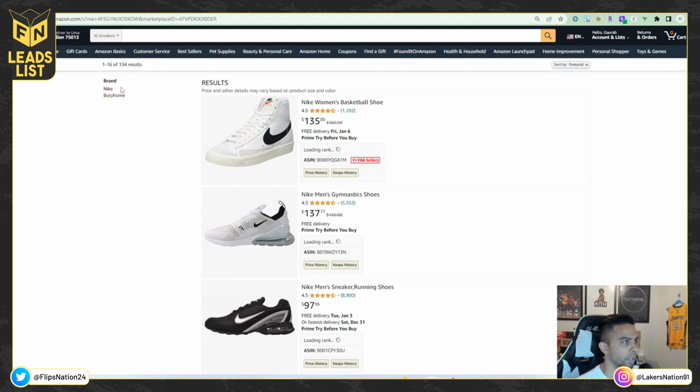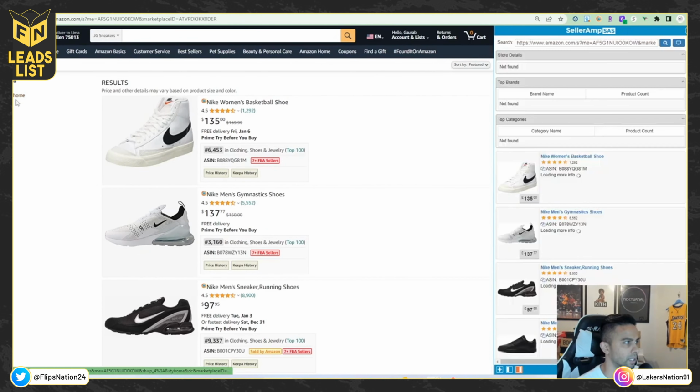Now, just from the jump on the left side, you see that they only have two brands here, right? They have Nike and this other brand. But we can start here, right? So if we click on the SellerAmp extension, let me refresh. Sometimes it won't show this SellerAmp logo on here. Okay, so now we can click on this logo right here and it'll jump over and give us all the information instead of going on the listing itself, which to me, it saves a lot of time because now we're not having to jump to the listing, going back to their store and doing all this back and forth stuff, right? We save a lot of time by just clicking this little SellerAmp icon, boom, right here we can look,